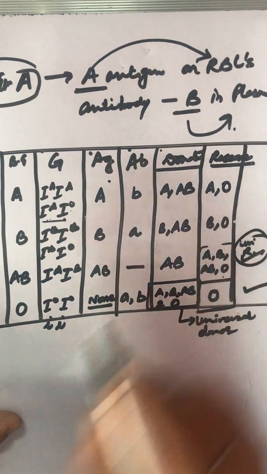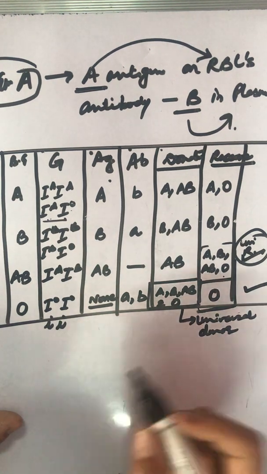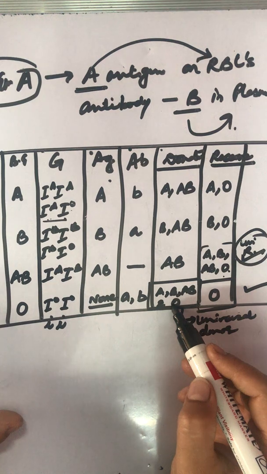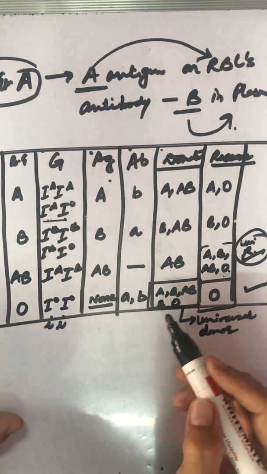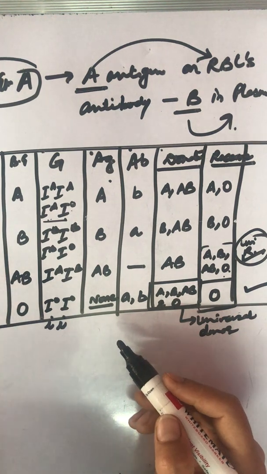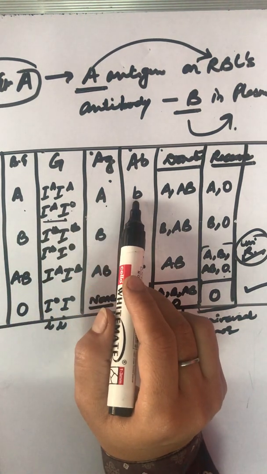This one is a recipient. Clear? Why? What happens? Why has this been made the recipient and this been made the donor? Now, when we start studying these blood groups, we know that every blood group has a specific antigen and antibody